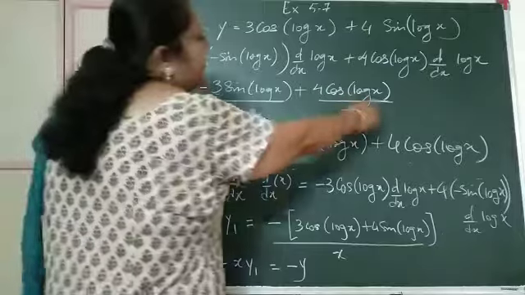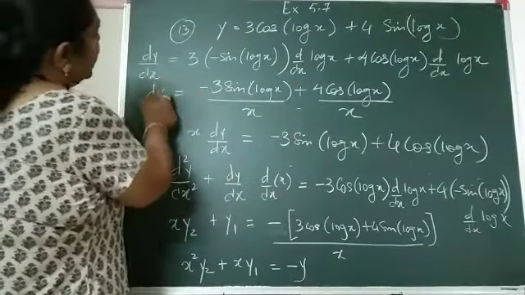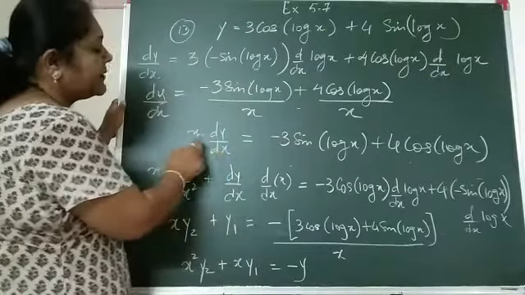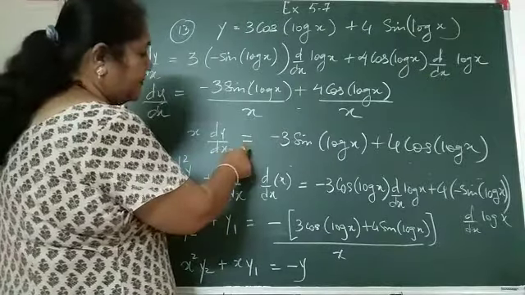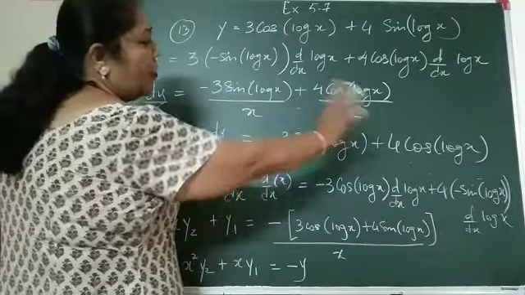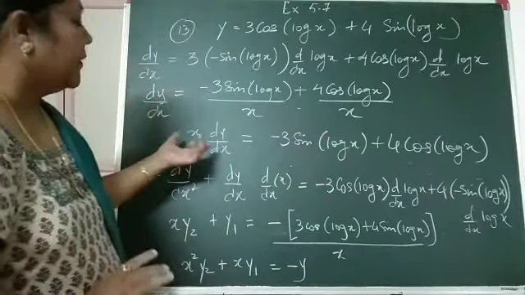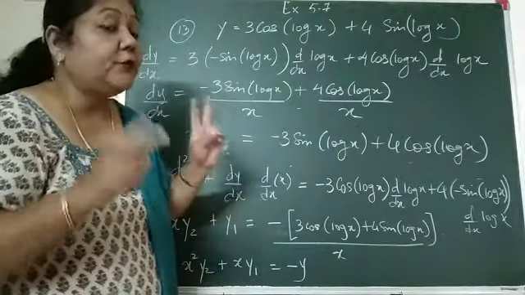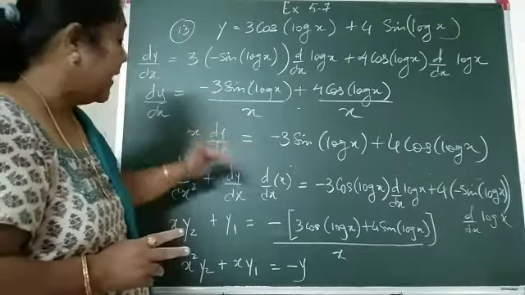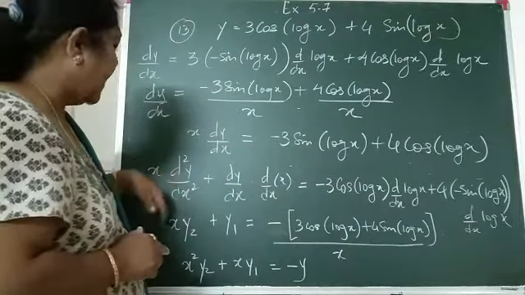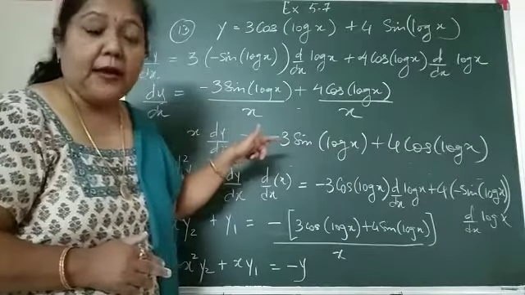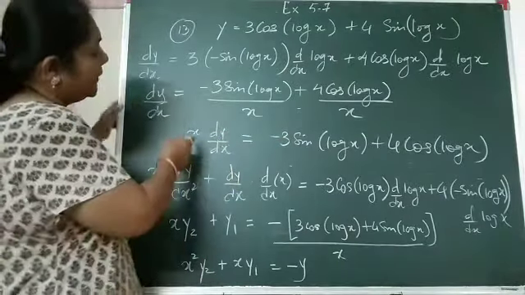The common LCM term is x, and it gets cross multiplied with this term over here, that is dy by dx. So I have x into dy by dx, and that is equal to now minus 3 and then sine of log x and whatever term I have over here. But my question says I have to differentiate it twice. One time differentiation is over till now, but now I have to again differentiate it. So what happens over here? Here there are two terms, so I have to apply the product rule. So let me apply the product rule.